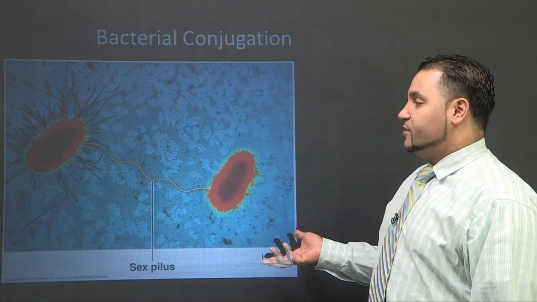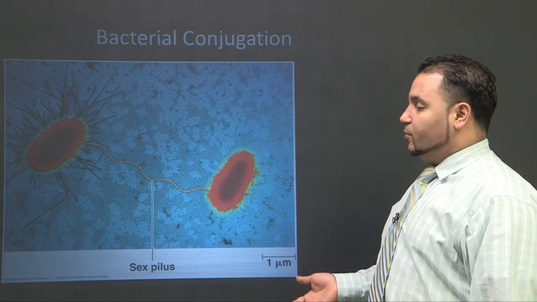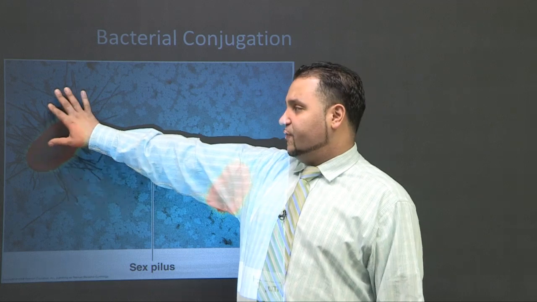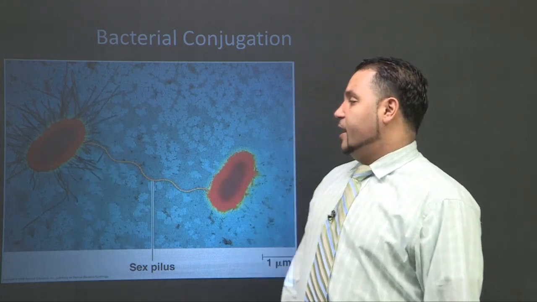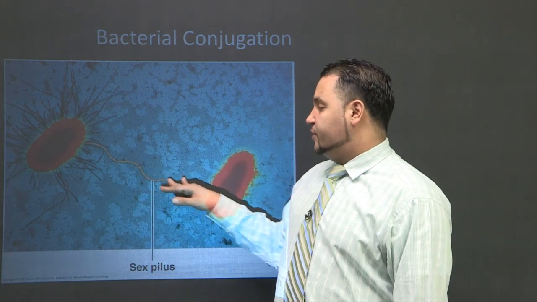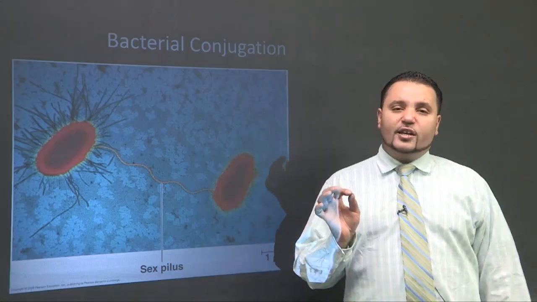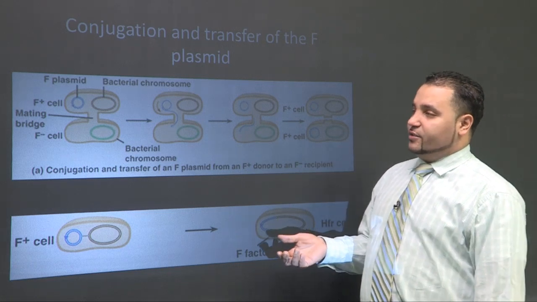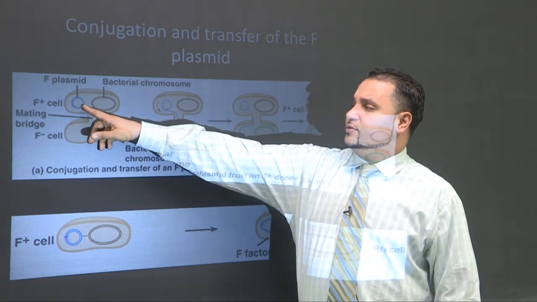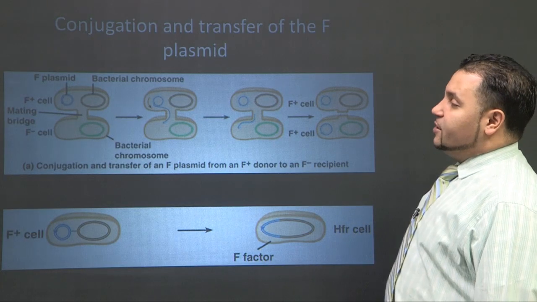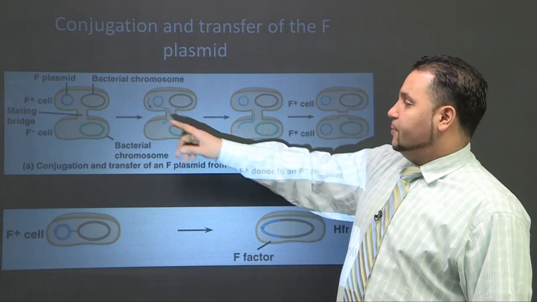Another way is through bacterial conjugation. Basically, they form this awesome sex pilus. Oh, wow, and this guy even has fimbriae like we saw before. They're rod-shaped, so they look like bacillus. They make this wonderful sex pilus where they can exchange tiny little rings of DNA called plasmids with one another. What we're seeing here is the plasmid that allows the bacterial cell to create the sex pilus. So it makes a copy of this using its DNA polymerase